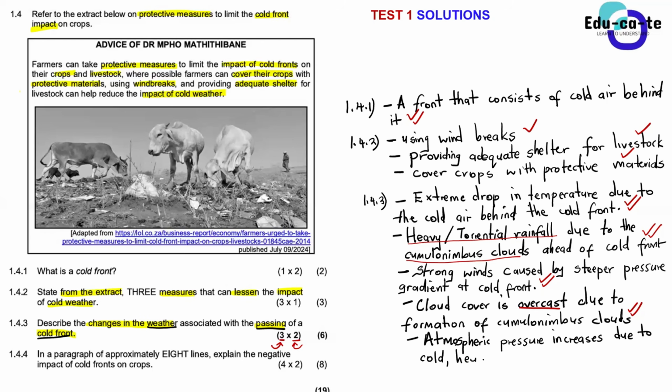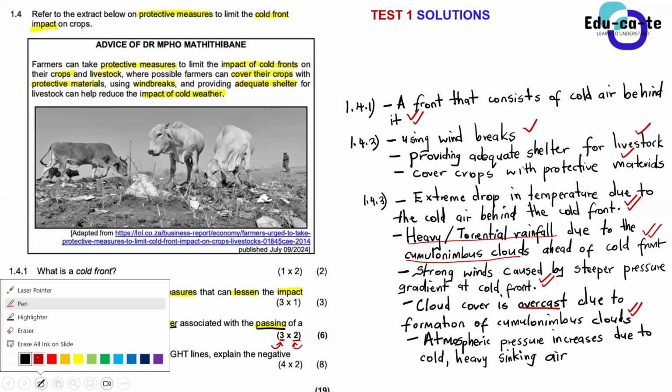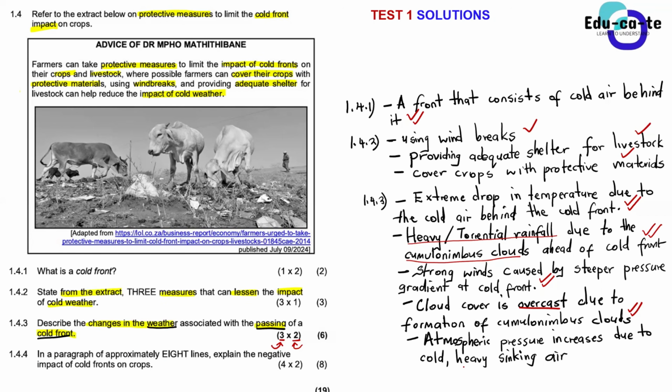Please, whenever you describe pressure, try to tell us about the air. Is it heavy or is it light? Because pressure is all about that. All right, so you need to tell us whether it's heavy or it's light. You don't just say cold air. Try your best to say cold heavy sinking air. This cold and heavy sinking air emphasizes better that we're having a higher pressure here. Are we together, guys?